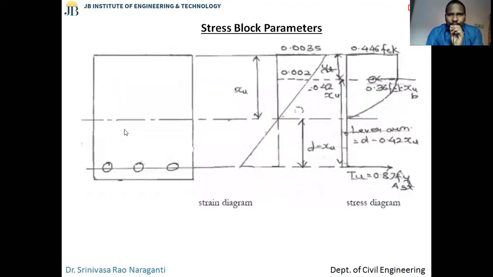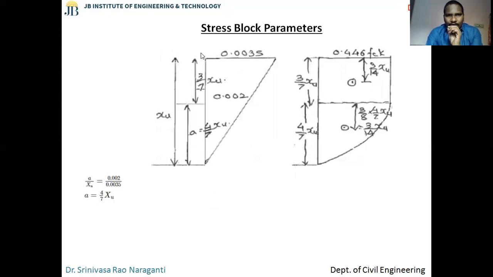This is the same thing I had drawn here again. 0.0035, 0.002 is the strain here. I'll assume the depth from the top of the beam to this axis. This axis is called the neutral axis. The neutral axis is the place where strain or stress is 0, so you don't find any stresses here. This was the stress block diagram, guys. I have two forces acting here. Let me find them out with simple calculation.